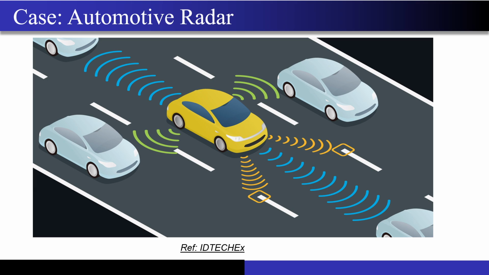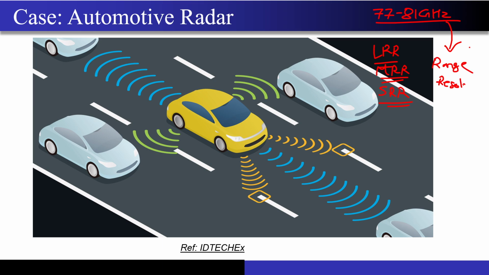Now the next application I will come to is automotive radar. So what is this automotive radar? There are three radars: one is the long range radar, one is the medium range radar, and one is the short range radar. Correct? Now why are we working at 77 to 81 gigahertz? You have to study automotive radars a little bit. It has to do with something called range resolution.